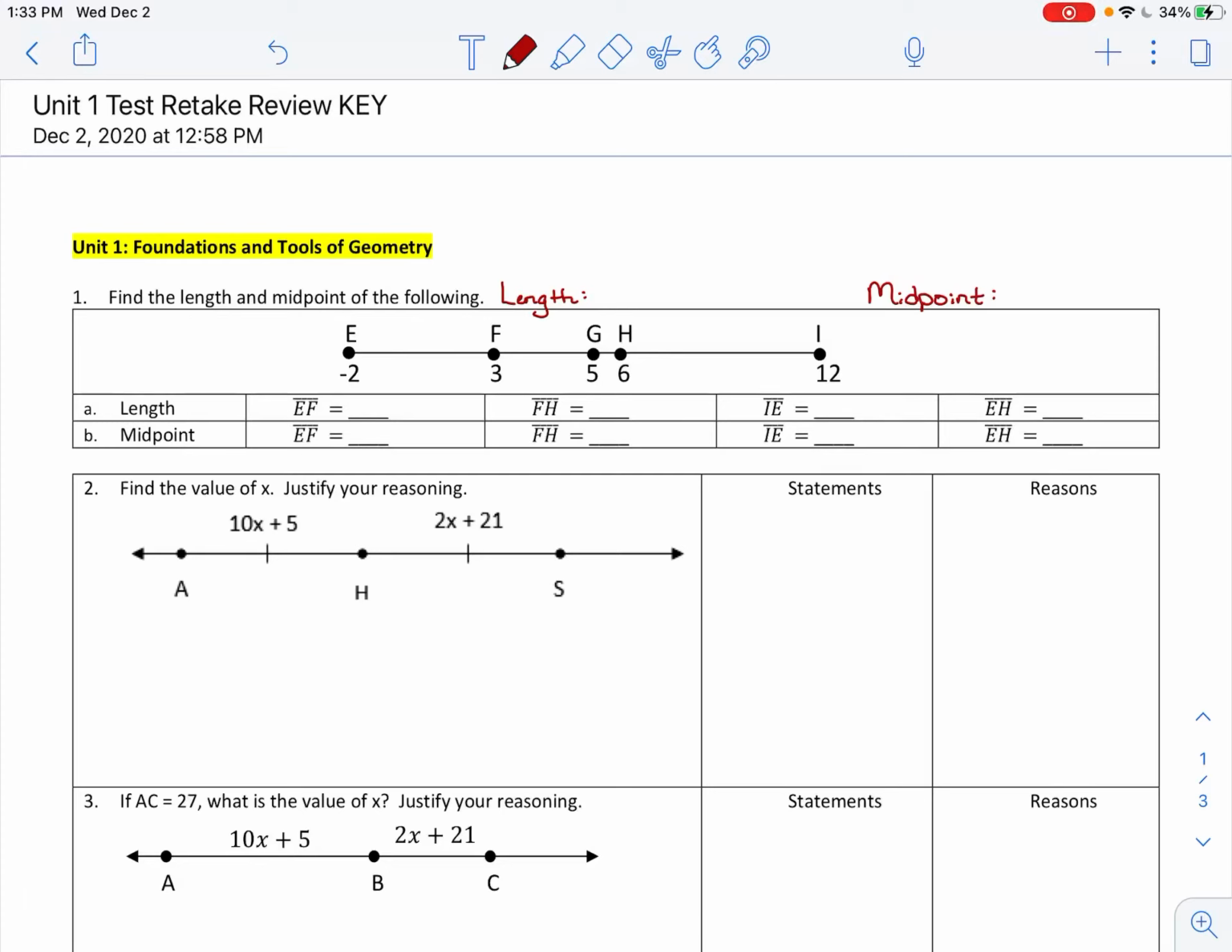Hey geometry students, this is problem number 1 from your Unit 1 test retake review. You're supposed to find the length and the midpoint of each of these segments. If I'm starting with just the lengths, I've got to find how far apart these points are, and the